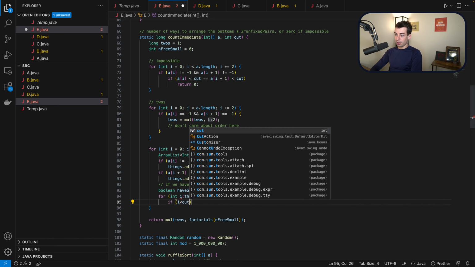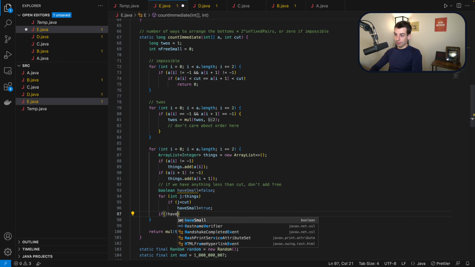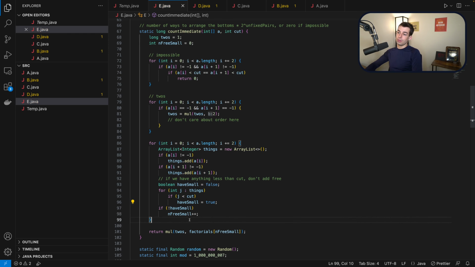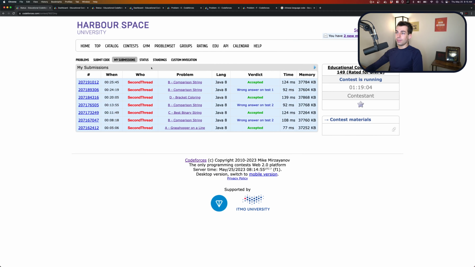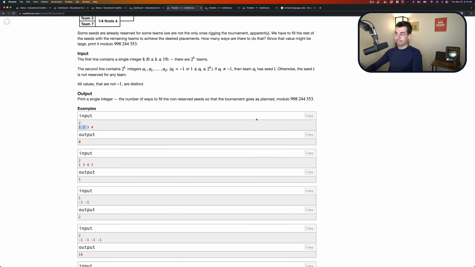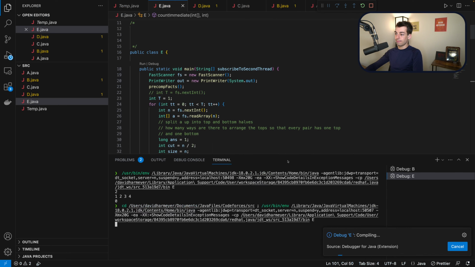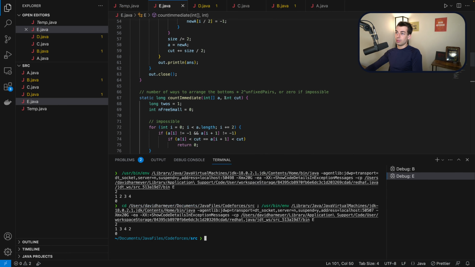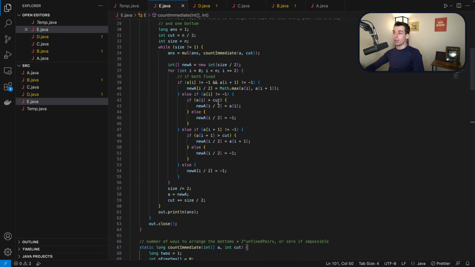If I is less than cut, then this isn't I, so this is J. And have small equals true. If not have small, then n free small plus plus. Okay, and then I think we're done. Let's try it. This is problem E. All right, so